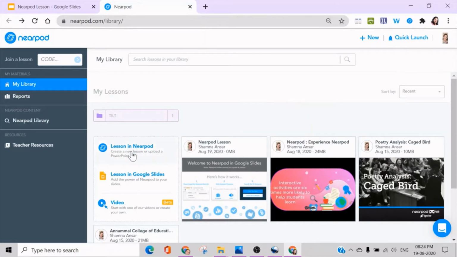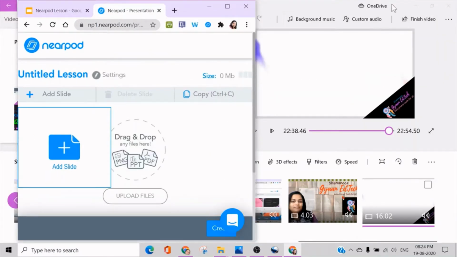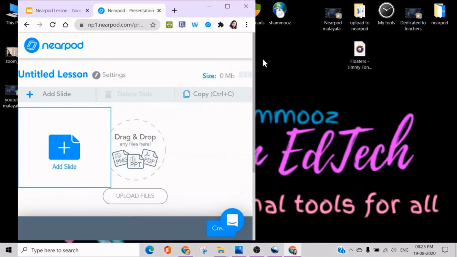Now let us try to create a lesson in Nearpod. We'll choose this option, and here we have an option to drag and drop our content. If you have got some PowerPoint slides, you can just drag and drop. It's very easy. And for that, I'll resize my window.